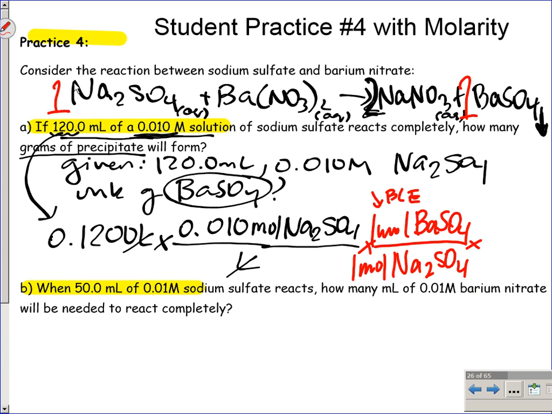So at this point, I need to get from where I am to my final answer, grams of barium sulfate. So what do I need to do here? Right, calculate the mass of each of these. So what number goes in the bottom though? 1 what? 1 mole. 1 mole of barium sulfate goes on the bottom because I need to cancel the moles of barium sulfate out, because the unit on top always guides you to the next bottom one. And so the grams of barium sulfate will go up here, but that's our molar mass, which is,